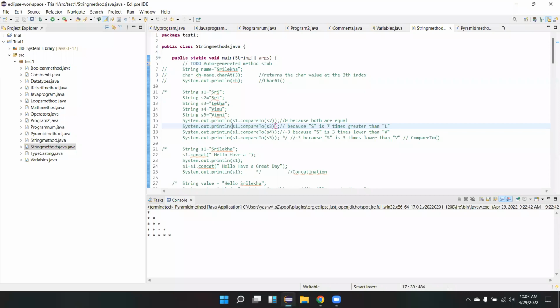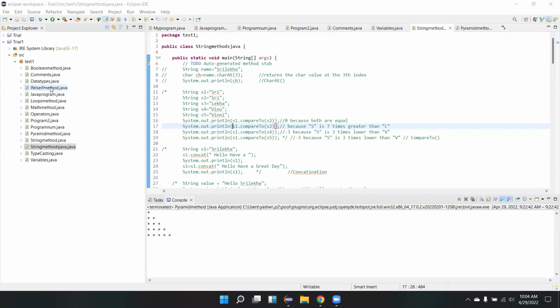Before jumping into this particular topic, does anyone want to ask any questions from the strings? In strings, we didn't cover a few methods. I told you yesterday, we didn't cover intern or get char, because it would confuse you. Another two important topics we need to cover in strings are string buffer and string builder.